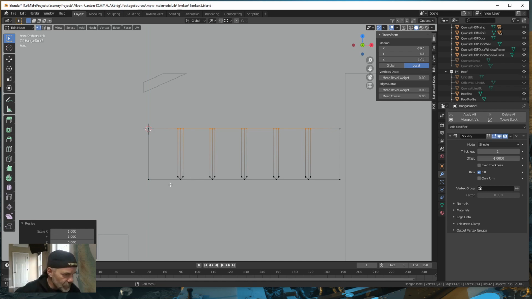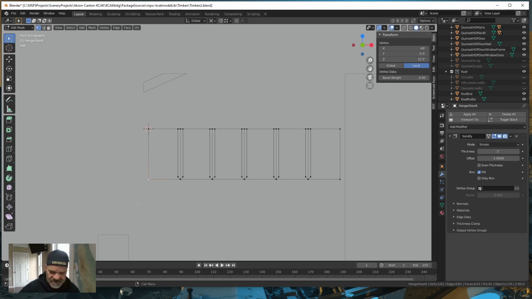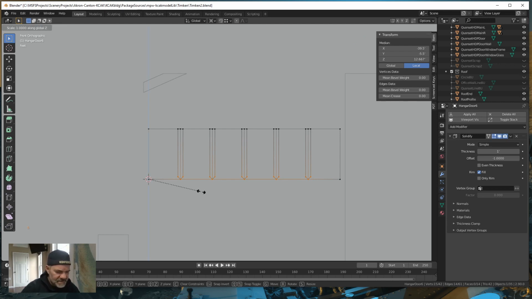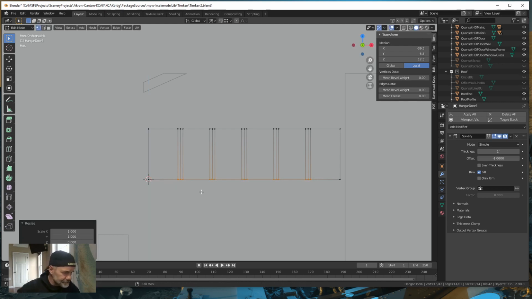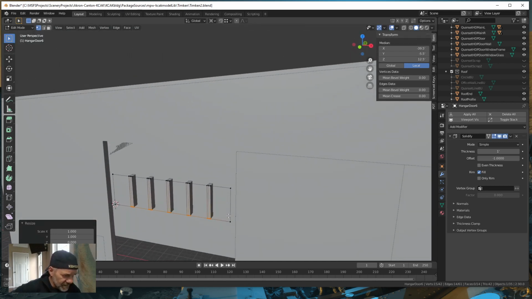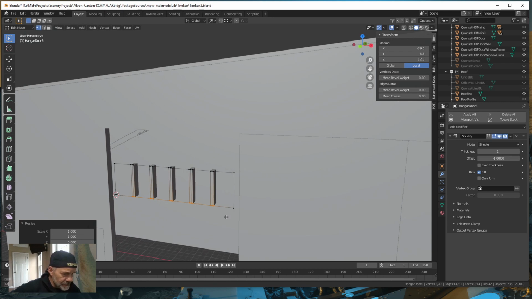Okay. Now we want to do the same to the bottom, so let's select our control vertex, Shift S, move our cursor, select these vertices here, and do an S Z 0. And that moves those all to the same height. All right. So now on our door, we now have what appears to be frames in the middle